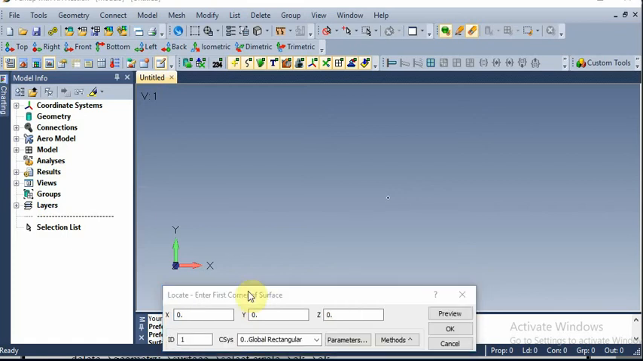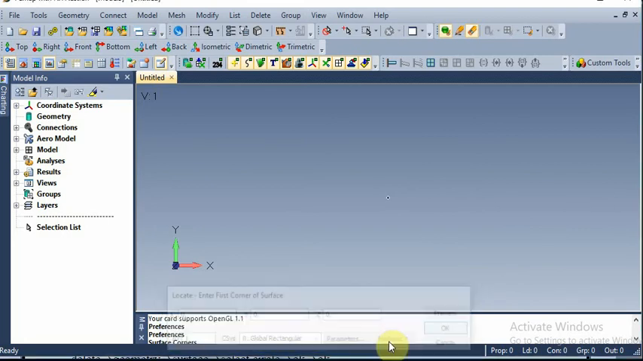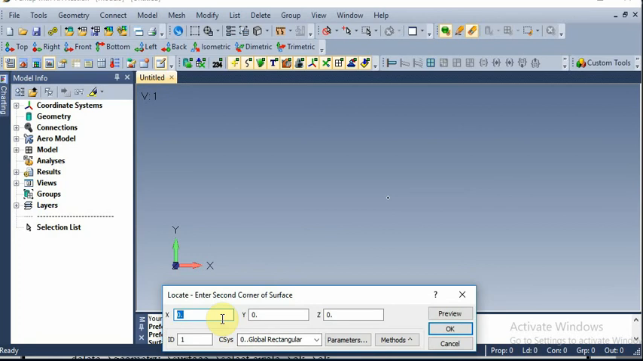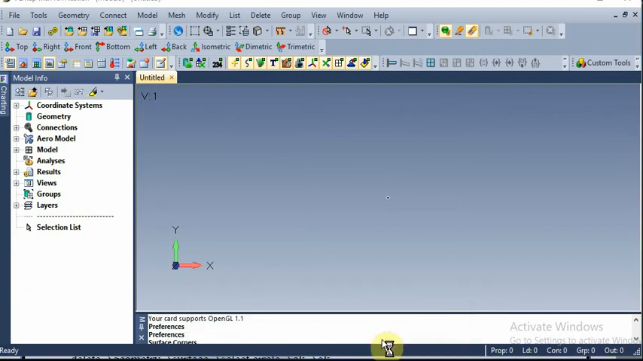First you have to create ID 1, that is x coordinate as 0, y coordinate as 0, and z coordinate as 0. Click OK. Next ID 2, you have to create x as 200, y as 0, and z as 0. OK. Next you have to go to ID 3, that is x 200, y 100, z 0. OK. And go to the last coordinate, that is x 0, y 100, and z 0. OK. So you'll get a